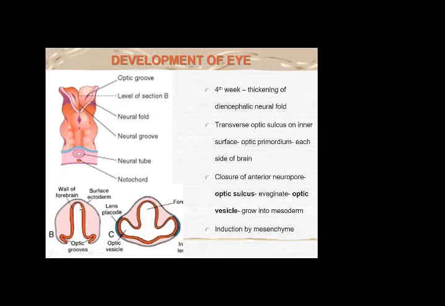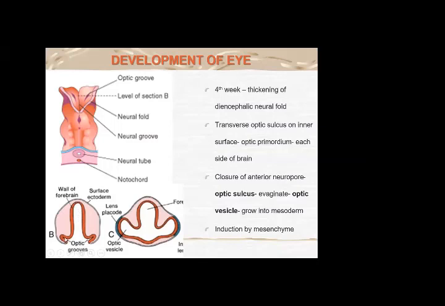This is the cavity of the diencephalon or cavity of the forebrain, and rising from the cavity of the forebrain, you have this groove on the inside. With the closure of the anterior neuropore, when this closes, this entire thing, when it closes, so